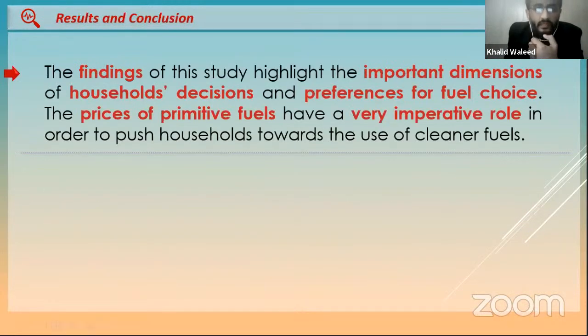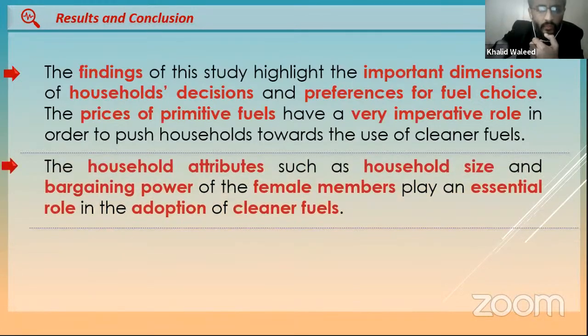Okay, results and conclusion. The findings of this study highlight the important dimensions of household decisions and preferences for fuel choices. The prices of primitive fuels have a very imperative role in pushing households towards the use of cleaner fuels. The household attributes such as household size and bargaining power of the female members play an essential role in